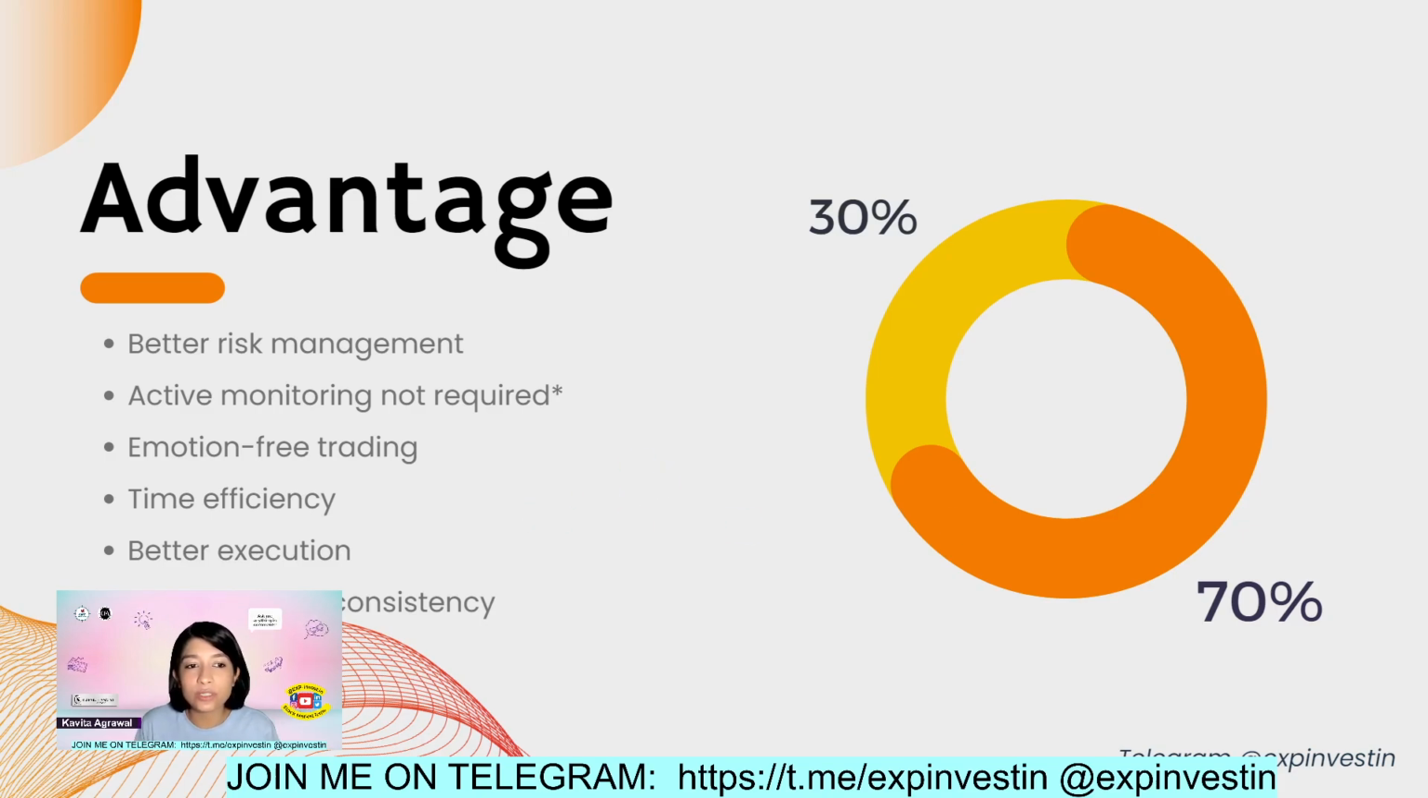Now, time efficiency is very natural, right? Bracket orders, since they are automatically executed when the levels are reached, you don't really need to constantly monitor the stock or your position, which really frees up your time. Then there is better execution. How does it help with better execution? Again, since